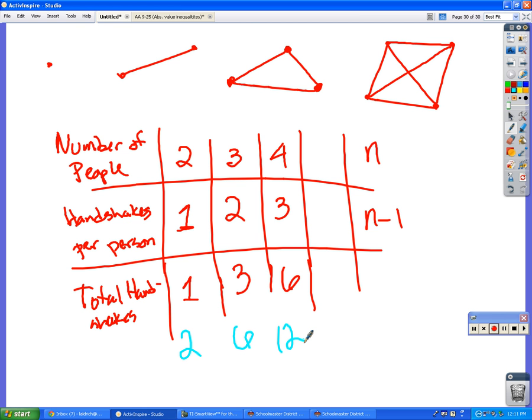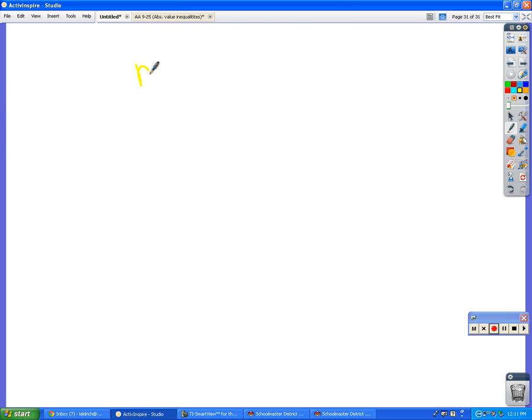Do you believe me? So this number here, instead of a specific number, we're going to use the number n. This number right here, instead of using these specific numbers, we'll call that n minus 1. And then after I get that, I have to do what? Divide by 2. So this is the formula that you would use to figure out the number of handshakes in a room. Okay? And do you see why that's a little bit more convenient than going 26 plus 25 plus 24 plus 23 plus 22 plus 21 plus 20 plus 19 plus 18 plus all the way? Okay? Because now that I know what this formula is,